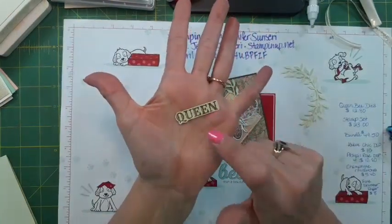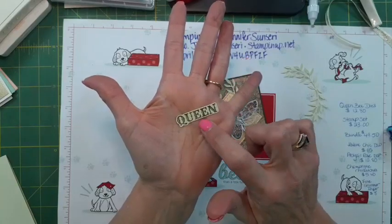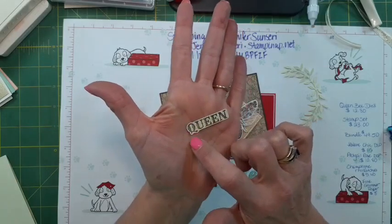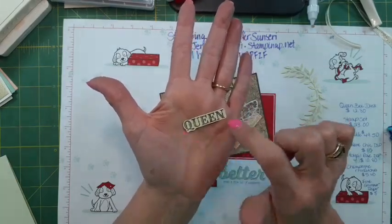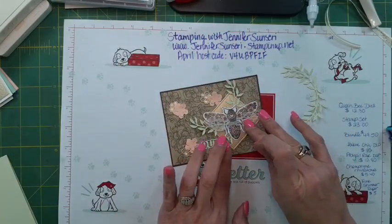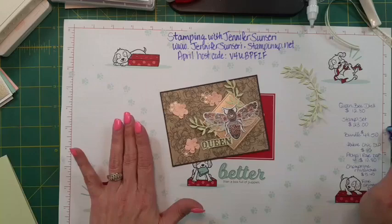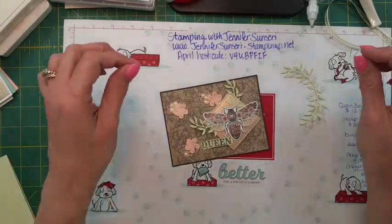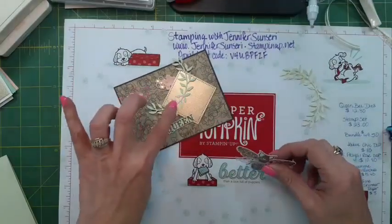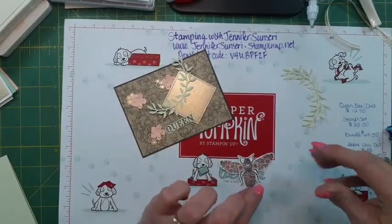Then I took a little bit more of my soft sea foam and I stamped the queen in early espresso, and then I just fussy cut around the word. That was just freehand. There's no die for that. And I think we might add that in here somewhere. Okay. So, and then we're going to add a few little rhinestones on our flowers, I think. Okay. So not too bad, right? I might cut the leaves and get them to lay a little different, but let's glue our